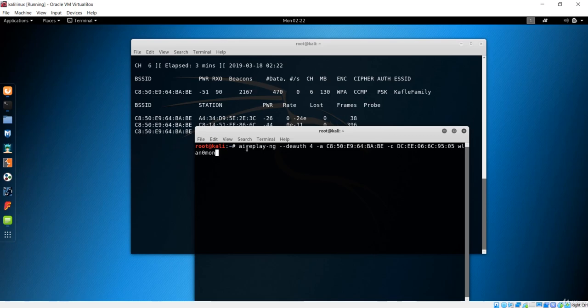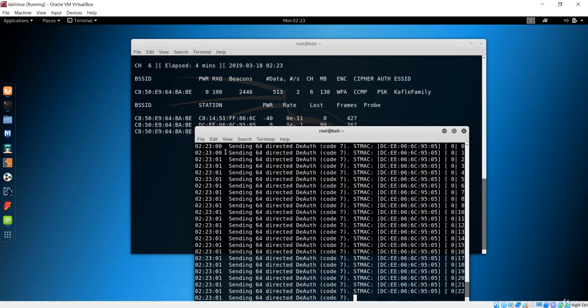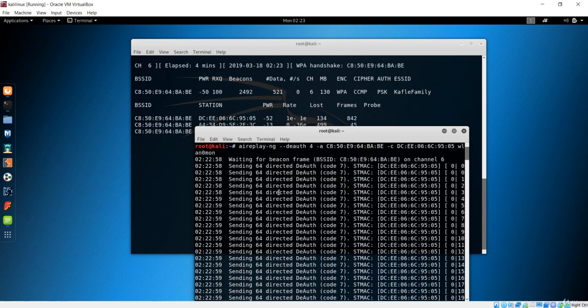So you first use this Aircrack-ng, and this is a very powerful tool, because we have to crack the handshake from the word list using this same application, Aircrack-ng. And this has an argument, which is de-auth, with some time, that is 4 seconds. We have just given 4 seconds, and after 4 seconds the client will try to reconnect, and in that case we'll capture that handshake. So let me hit enter, and it is sending everything, and let's wait for some time.